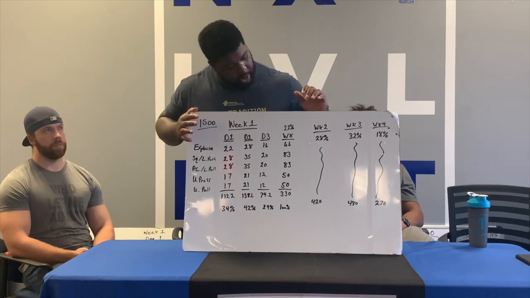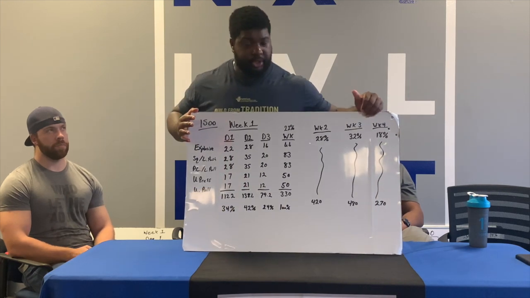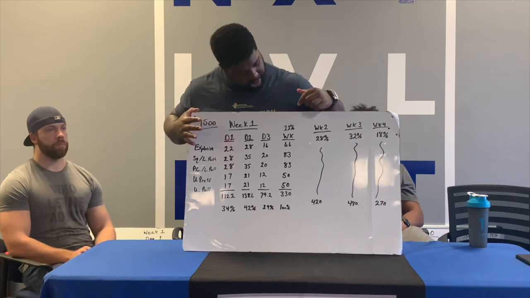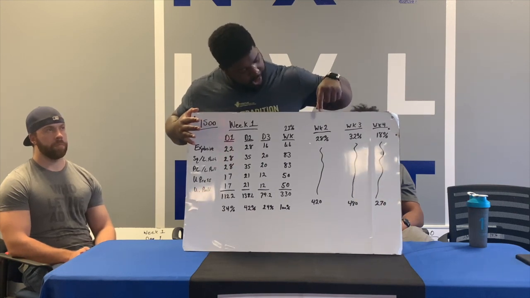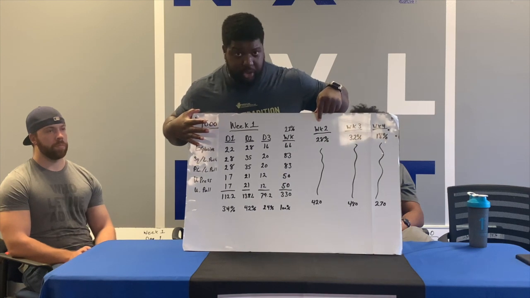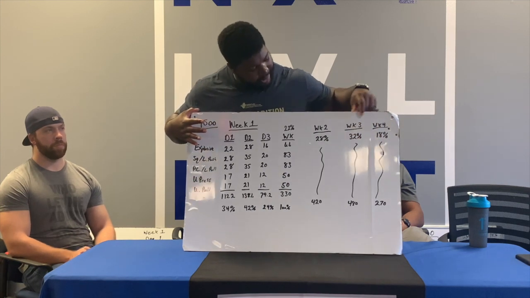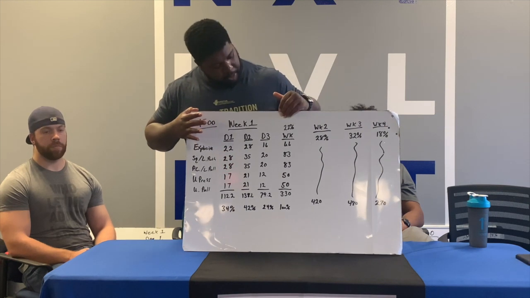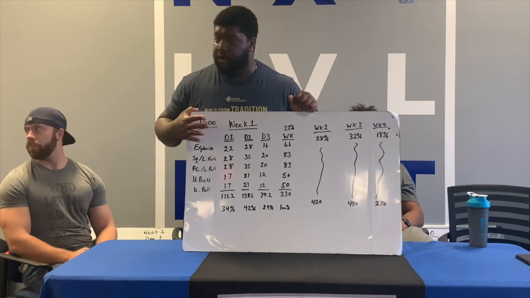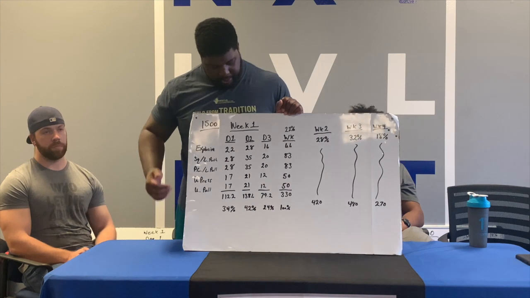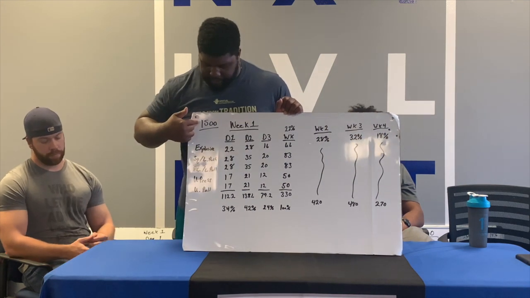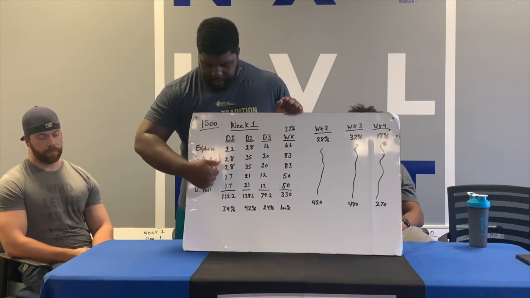Now, for this program, this is just a linear style program. Sometimes we can do an undulated style program where maybe this week will be 22, week 2 could actually be the 32 week, and then week 3 will be 28, and then week 4 would be 18. But for this purpose, this is just a linear program as it's going straight up and down. All right. So week 1, we're saying we've got 22% of the 1,500 reps.